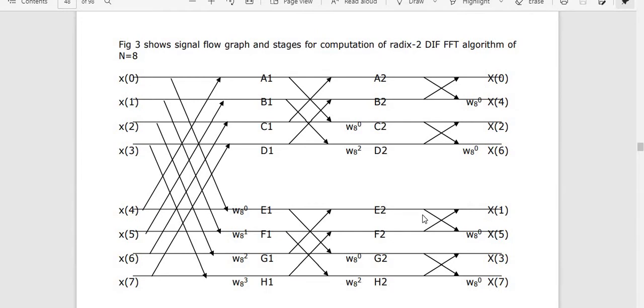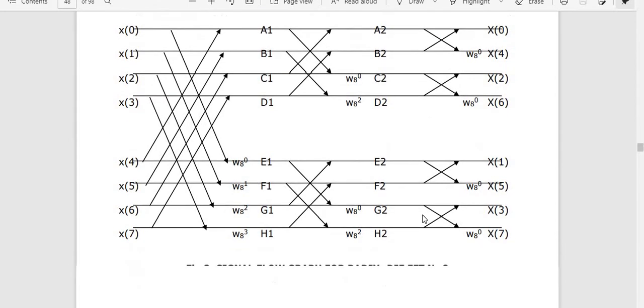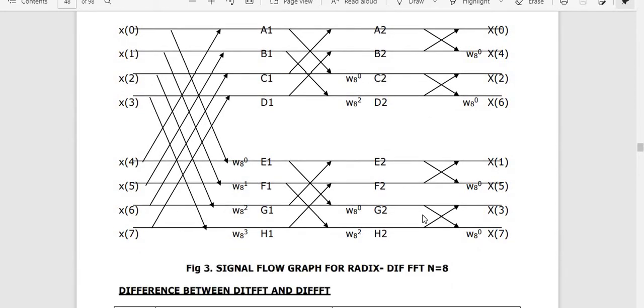The signal flow graph and the stages of computation for radix 2 decimation in frequency fast Fourier transform algorithm for n equals 8 samples can be written like this. So for that, what are the input values? We're taking a direct normal order, output is in bit reverse order, right? 0, 4, 2, 6, 1, 5, 3, 7. So bit reverse means whatever the bits are there, we try to take a reverse of it, we try to write the values for that. So for the first stage, we try to combine 4, 4, right? After that we combine 2, 2, then we combine single, single pairs, as you can see here.